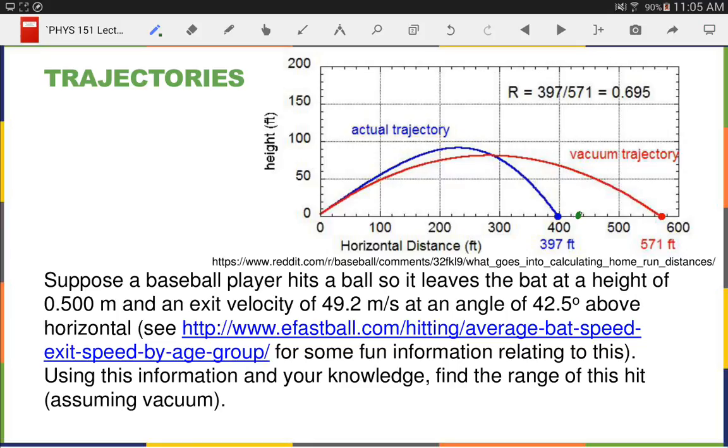The first rule of convenient coordinate systems needs to be, if you have acceleration, make the acceleration one of your coordinate directions. So once that ball leaves the bat, what is affecting it in our general physics world? Only gravity. In what direction does that point? Down. Now, a big misconception that I've seen people make,